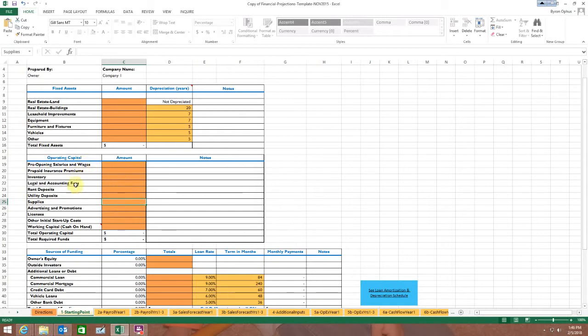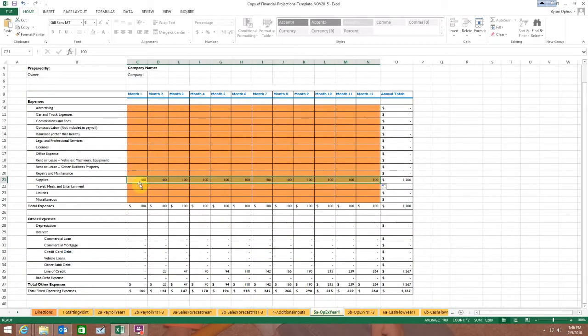I'll see what else might be in there. Advertising and promotions might be one. If you're purchasing signs and doing a lot of that, your advertising and promotions on the front end might be $5,000, but your monthly expense might only be a few hundred. Just keep that in mind as you're filling that out. You only have the orange things up here. They do a pretty good job of laying out what these expenses are, so you can go down and fill it in. If you've got one like I did here, I'll delete this and come back.